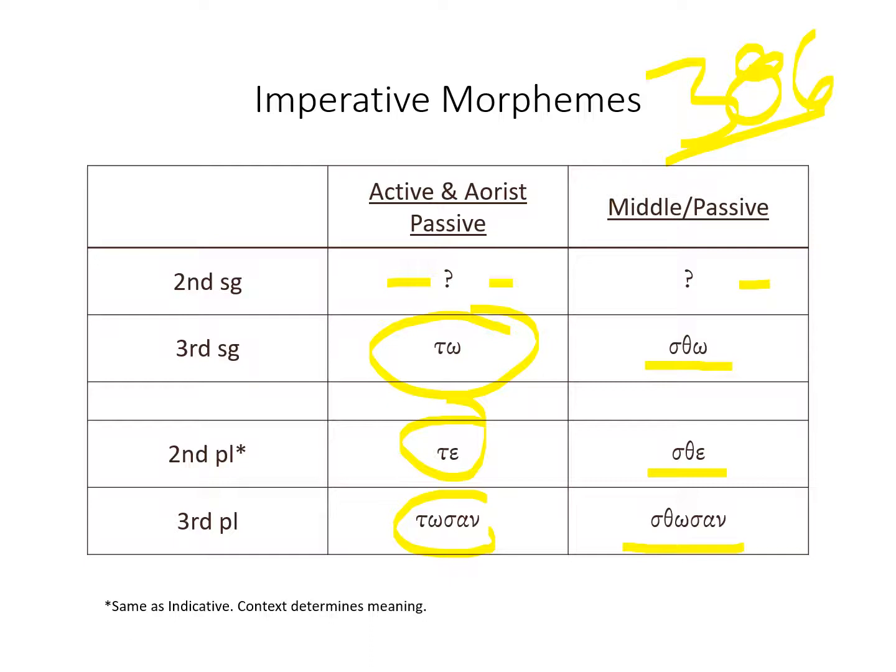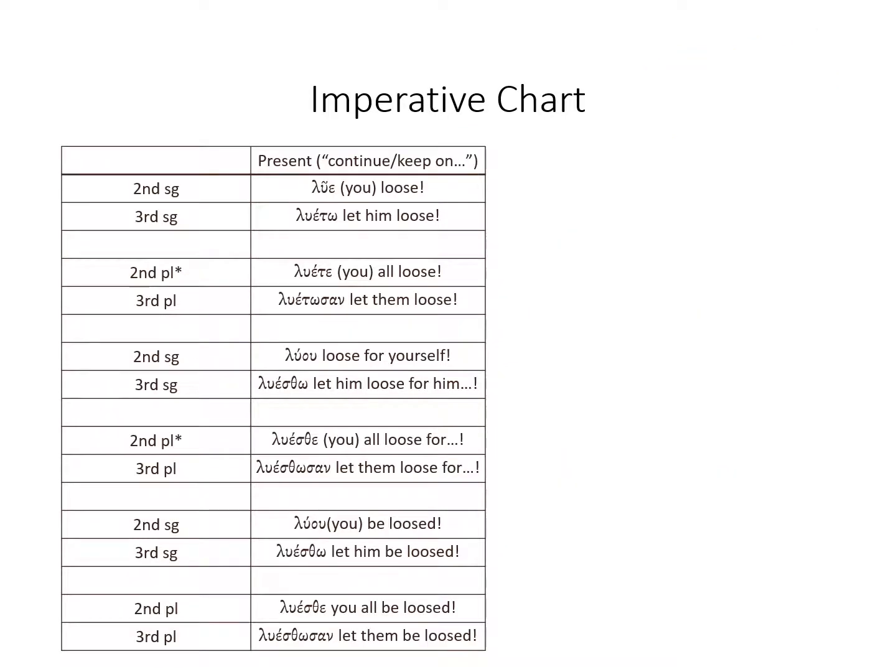Now, this is the sort of introductory framework for these morphemes, and on the next few slides we'll tease out the differentiation between especially the aorist and present, and then voice as well. So we begin with the present imperative. The ending, there is no ending, so just epsilon becomes our ending, and then you see the -τω, -τε, -τωσαν, and then -ου for the second singular middle. So this is the middle, here's the active, here's the passive.